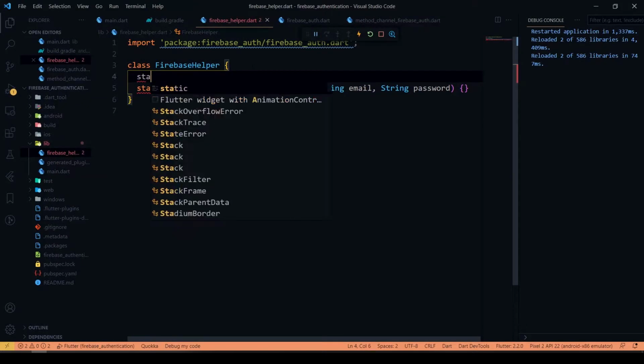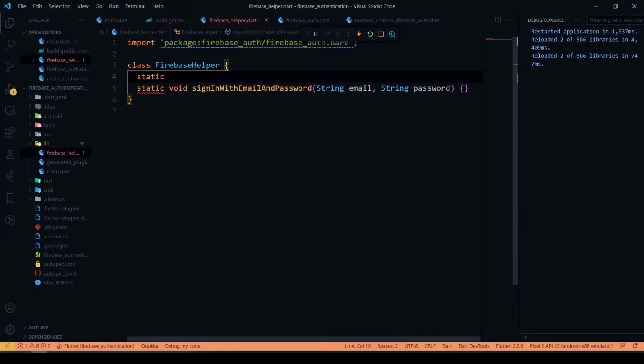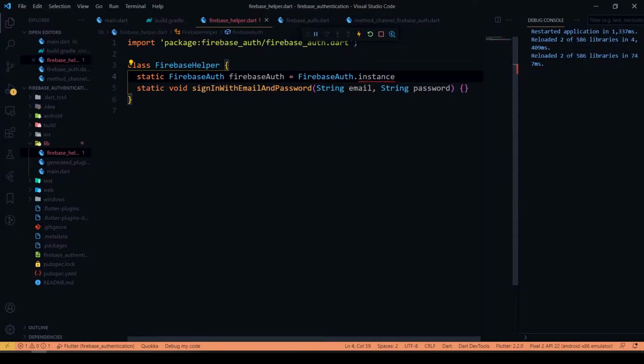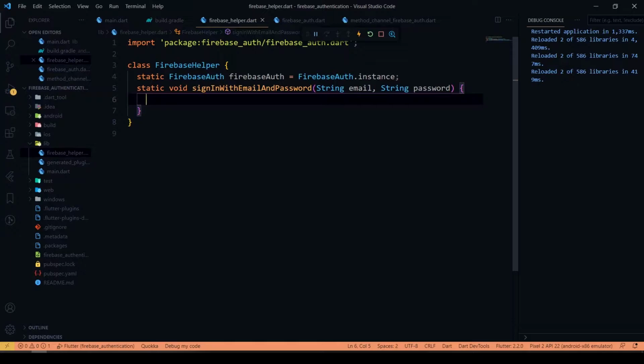First we'll initiate our Firebase auth instance here. Yeah, we have created our instance here, and inside this function, we'll sign in with our email and password.